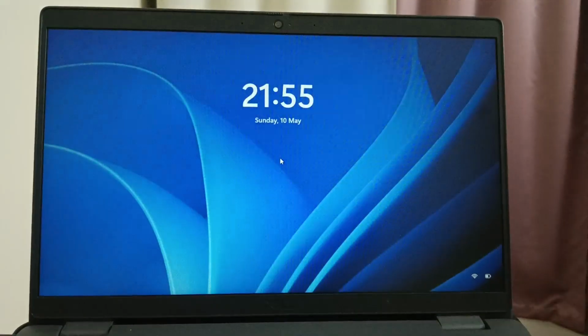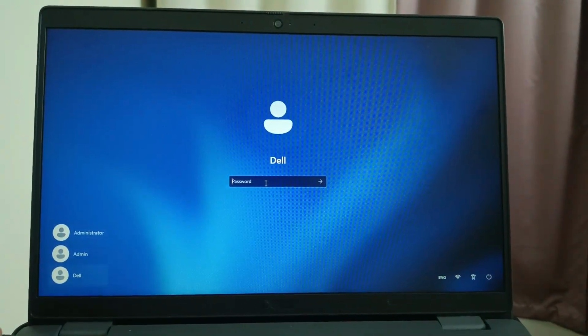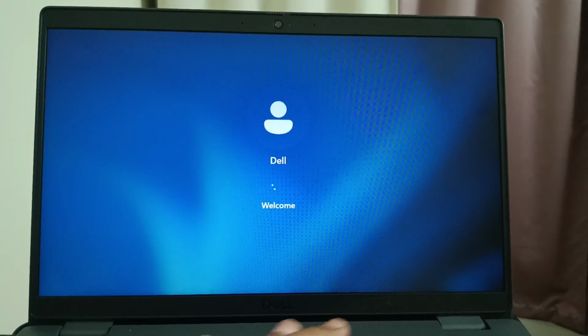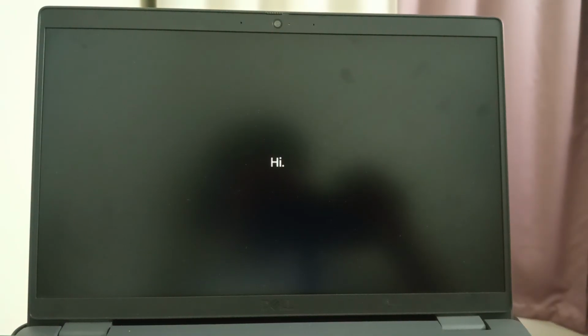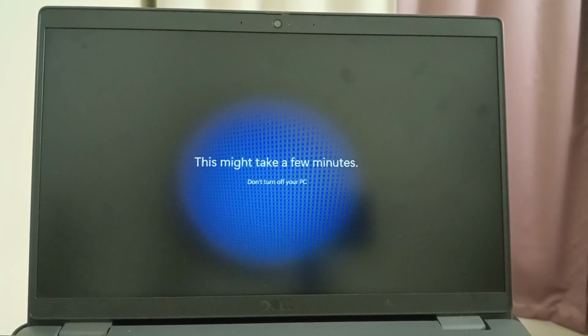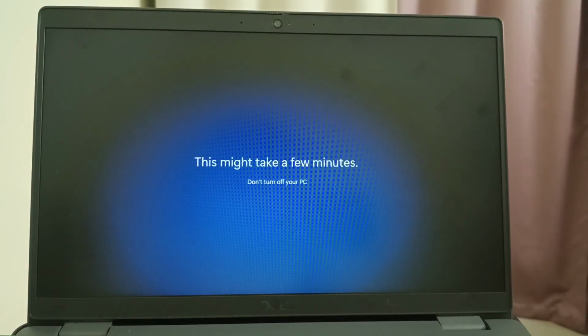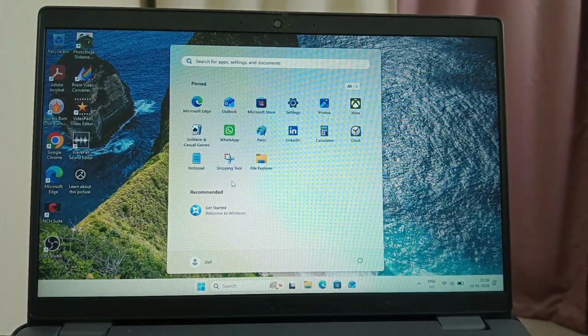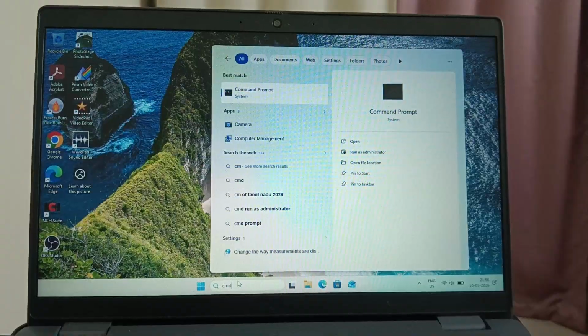Just sign out with your user, log in with that user which you just created, now simply log in with that user, and first you can try to open CMD as admin,